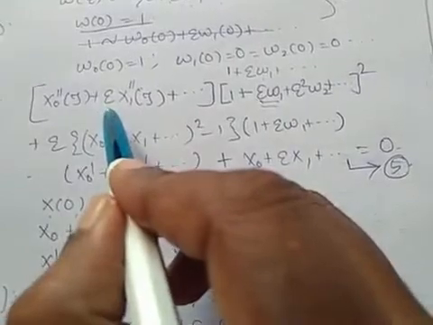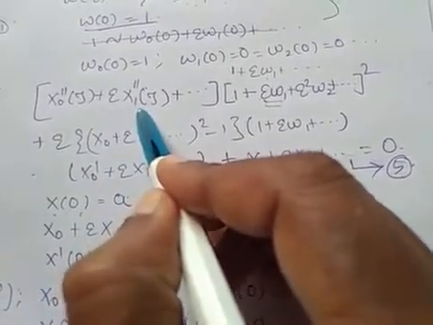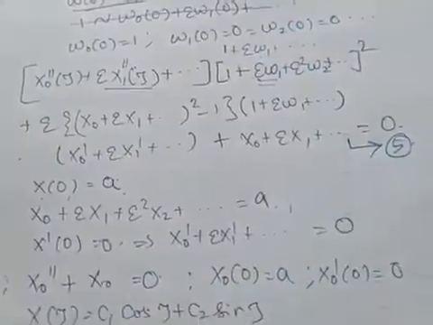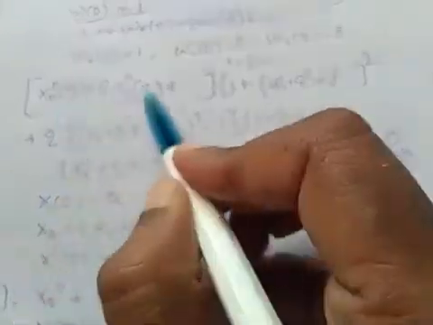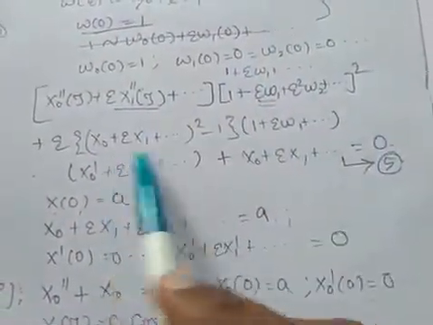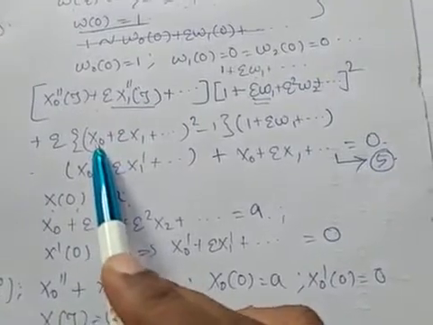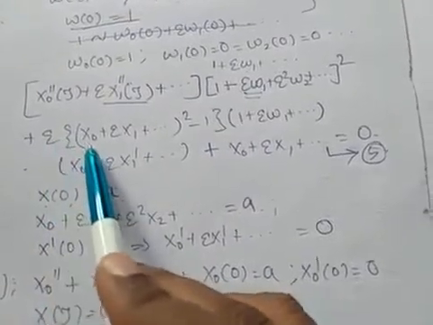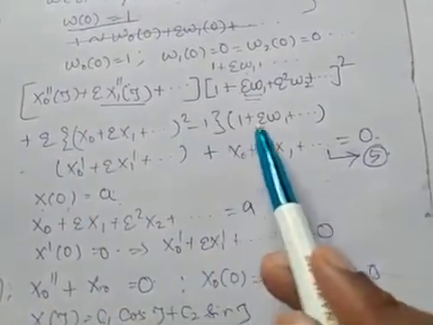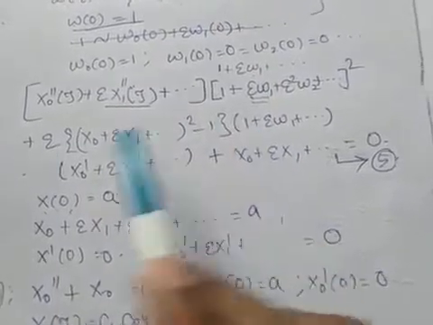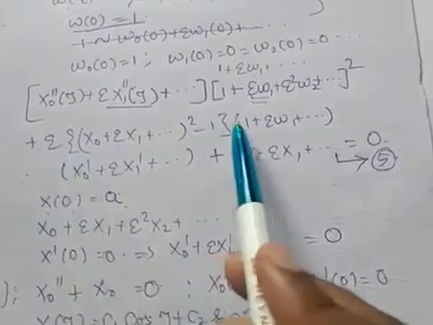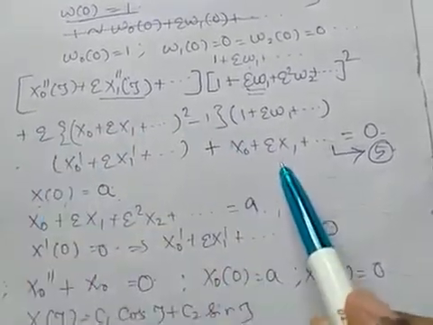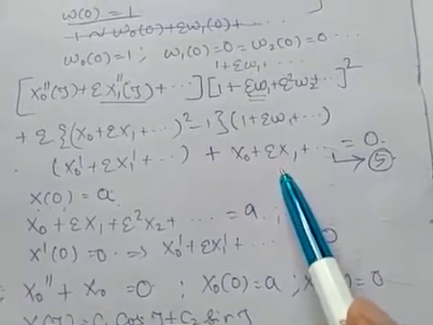Similarly, epsilon x1 double dash when multiplied with 1, we will get this term and this term here: omega 1 into x naught double dash and x1 double dash. So, coming here, when we expand it, we will get x naught square minus 1 multiplied with 1 and epsilon. So, x naught square minus 1 multiplied with this, we will get epsilon. This whole term multiplied with x naught dash is coefficient of epsilon and x1 is coefficient of epsilon, right?